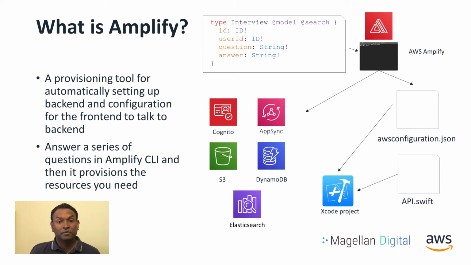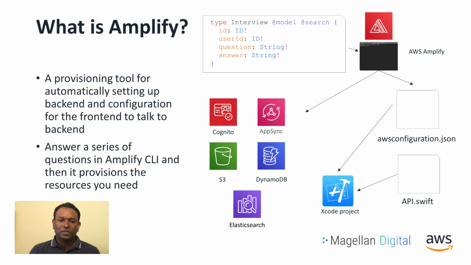In our case, we were using Xcode to create our iOS project. And it creates a file that has all the configuration details to talk to the backend, as well as all the functions required to talk to the backend, which is really great. So you don't have to write the get user data function from scratch. It's all created for you. You just have to call the functions, including the variables and everything. So it's really, really helpful that way.